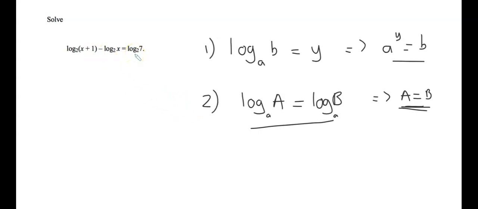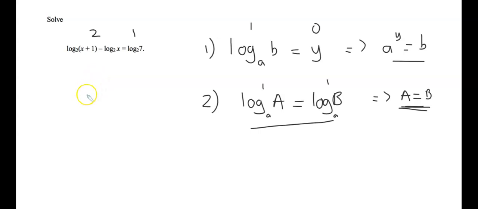So what we really have here is 2 logs equal to 1 log. So we can either try and change this equation to 1 log is equal to no logs, or we can try and change it to 1 log is equal to 1 log. So in this case, scenario 2 is probably easier to aim for, because on the right hand side we've already got 1 log, and so all we need to do on the left hand side is just to convert them